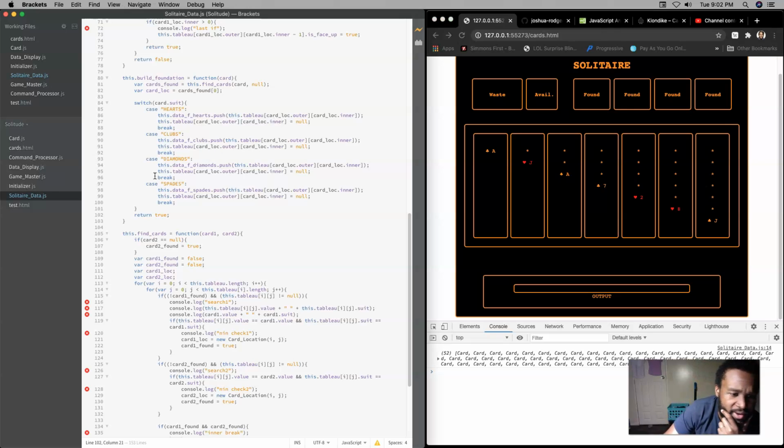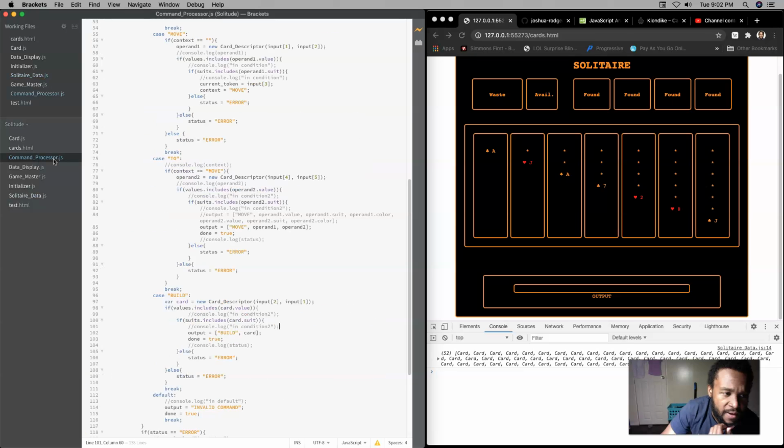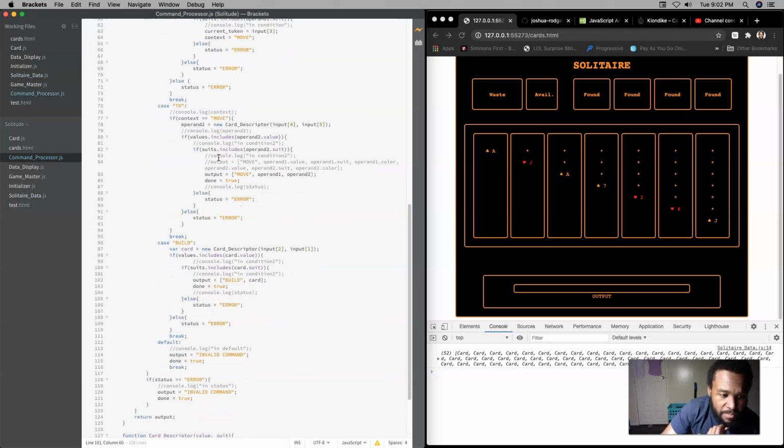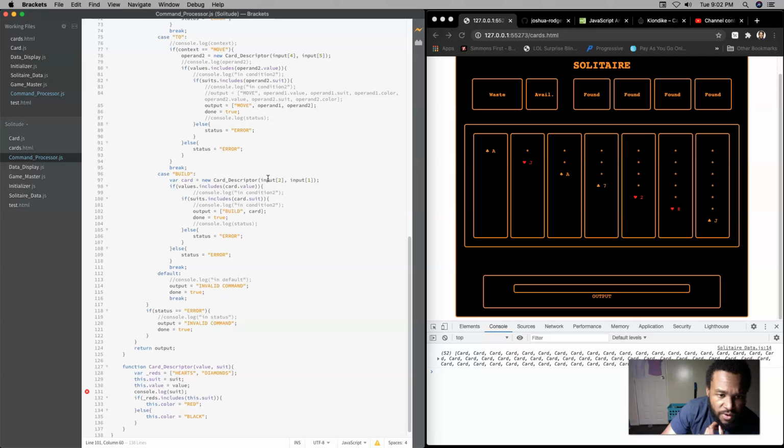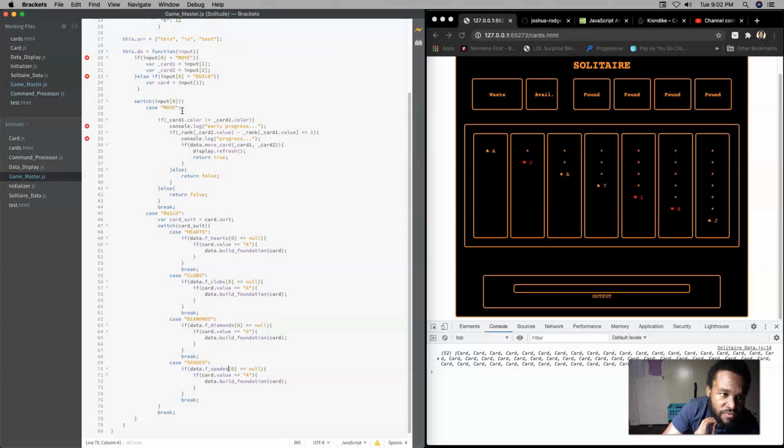And say we're back in command processor. And I just called build. I brought in build. It creates a new card with the suit and value. If it was a valid value and if it was a valid suit, it outputs the build instruction and the card itself. Game Master, when it receives that, it pulls out the first item in there, and if it was build,